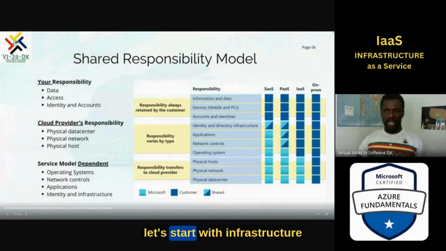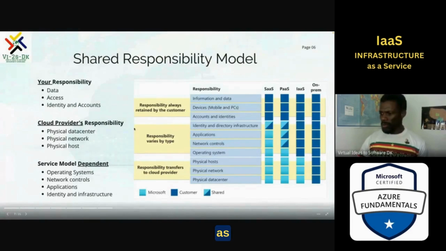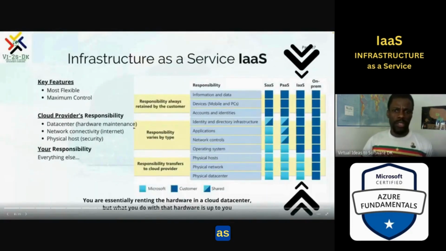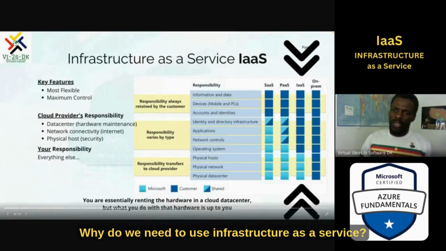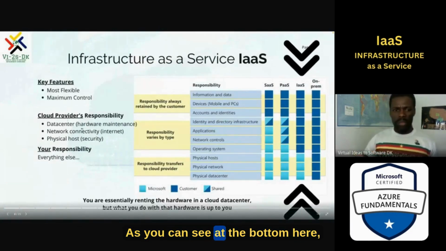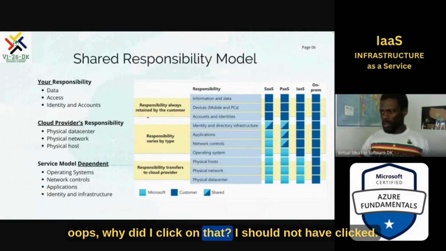So for instance, let's start with infrastructure as a service, okay? Why do we need to use infrastructure as a service? As you can see at the bottom here,